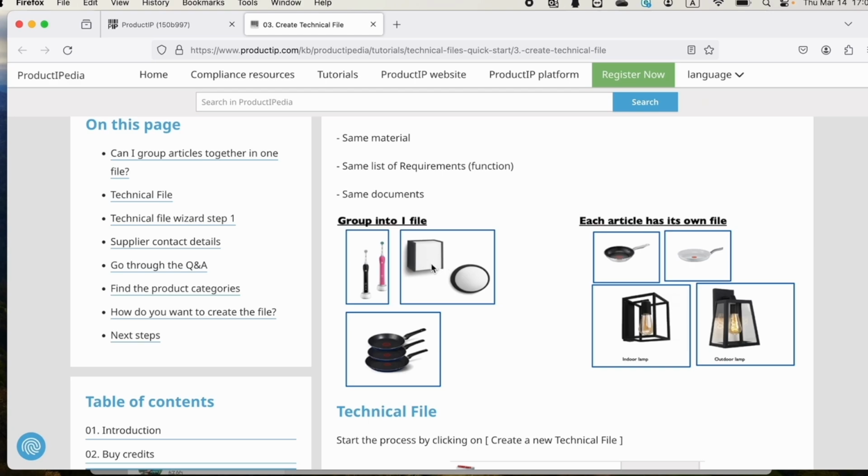But if product function would have been different, let's say this is an indoor lamp and this is an outdoor lamp. They'll have different requirements. In this case, it is necessary to have two separate files. So back to the